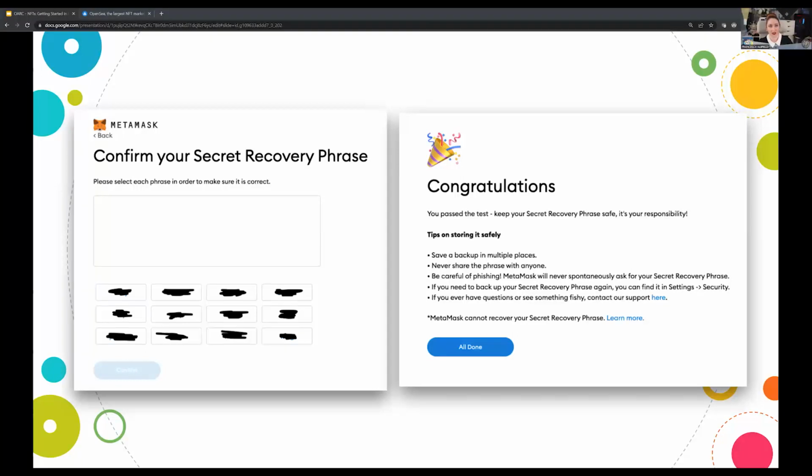Because they're generated on a computer and you can download them as text files, people sort of leave them about and don't think about them in the same way that they think about a bank account, which is why I try to reiterate that as much as possible. Because as soon as someone has that passphrase, they're able to get into your account.